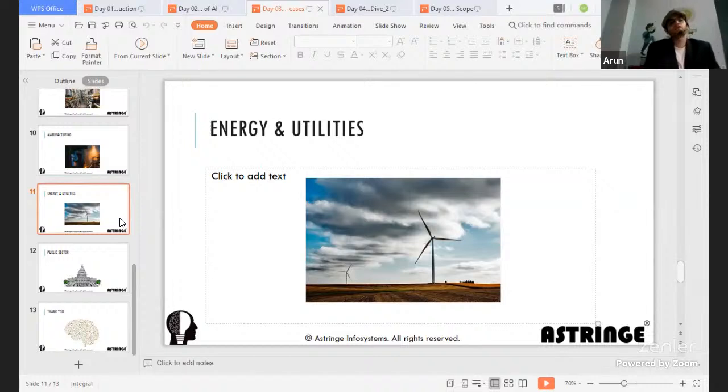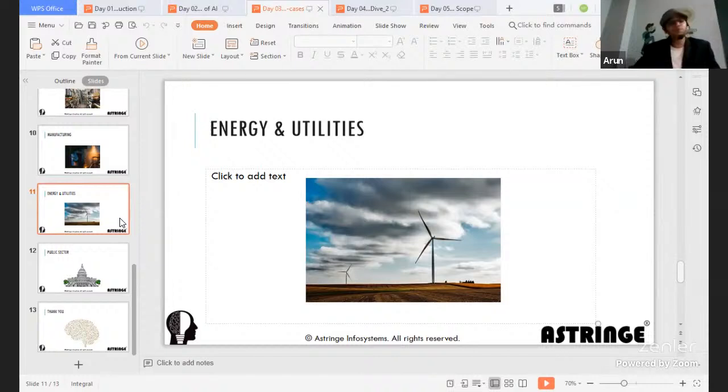That is one thing. And also in other scenarios where there's not much wind at all, what you can ensure is that you can loosen up the windmill in such a way that it rotates much faster. So in these areas, actually, you can use AI. There are many other areas in energy and utilities where AI could be used.